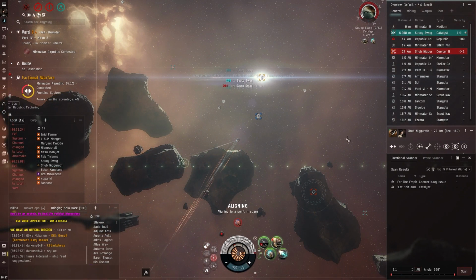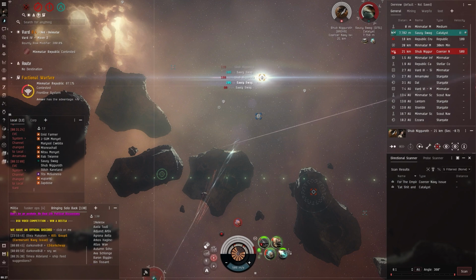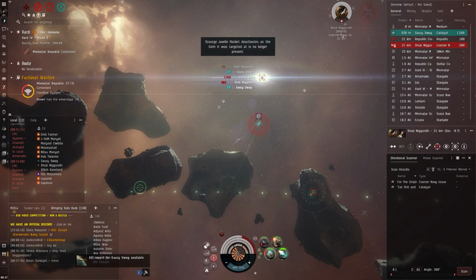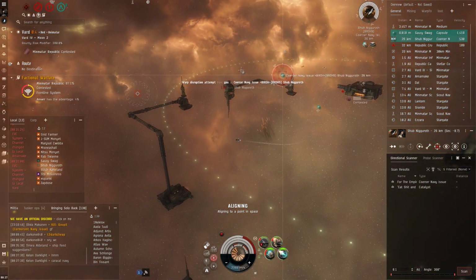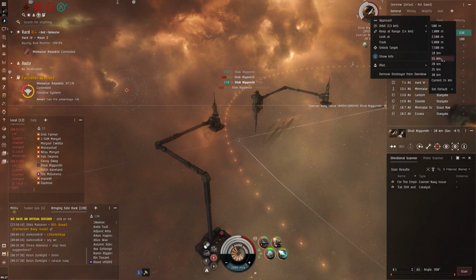So he catches me. Thankfully, he catches me at the edge of his damage, so he's not applying a ton of damage to me right now, and I'm still able to kill him pretty quickly. At the very end, he does get a really big hit on me, but at this point I go ahead and start setting up my range and orbit on the Navy Coercer, and the Navy Coercer, while it has